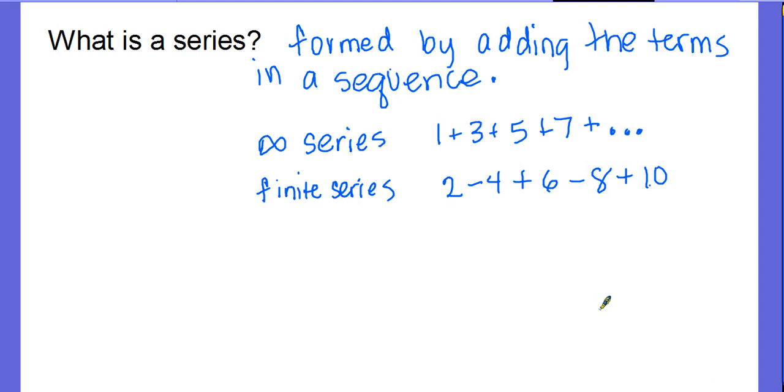Yeah. Sequence uses commas in your list, and series uses addition. You're adding your list versus just listing your list. Okay. All right. So that's a series. So let's take a look at